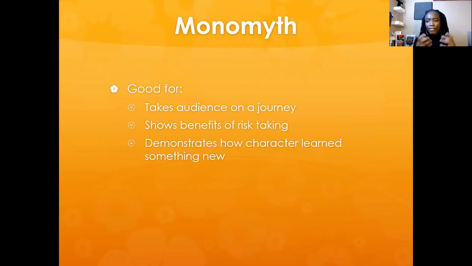Whatever the moral of the story is comes out through the hero's journey, and ultimately the story is going to demonstrate how that main character or the hero learned something new. And this is kind of like, I wrote a comic book with David Walker called Superb, about a superhero with Down syndrome. Jonah, the main character, is a superhero, but he also has Down syndrome, and he is on a hero's journey, right? He starts out as one character, and then through the story, it's a coming of age story. He goes through crisis, he goes through action-packed battles, and he learns from those things, right? And through him learning about himself and life lessons, the reader learns as well.